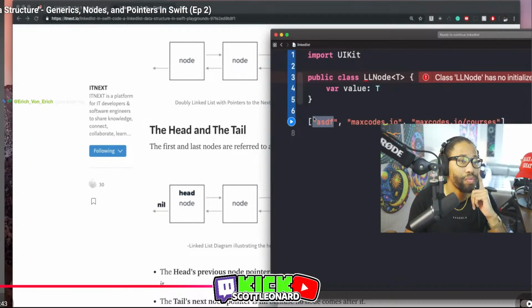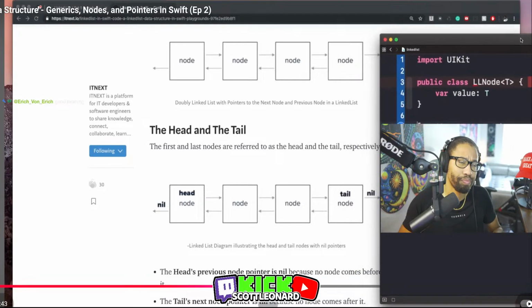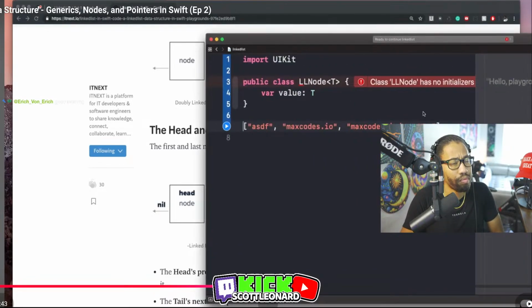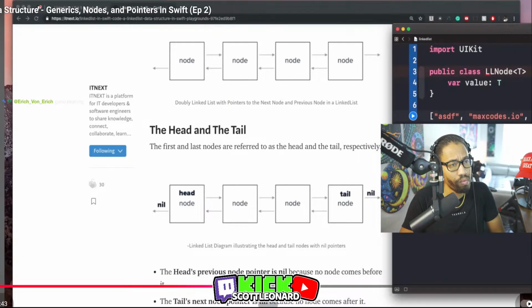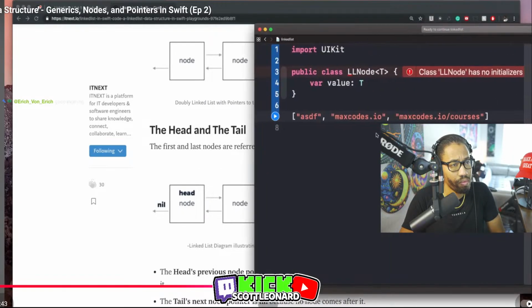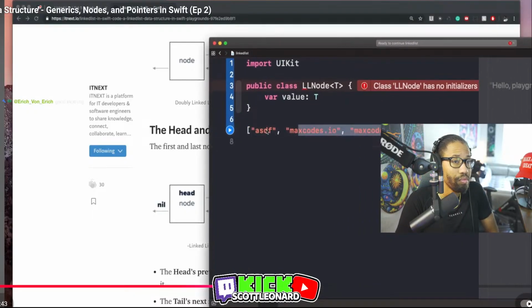Is connected to this node, but the previous one is connected to nothing, which is why it's nil, okay? And then so on, right? And then the last one has a value of nil. This has a value of nil, the next one, because there's no node it connects to. But again, the previous one kind of connects to that reference. Okay, so hopefully that makes a little bit more sense, and hopefully you understand why we need a value.